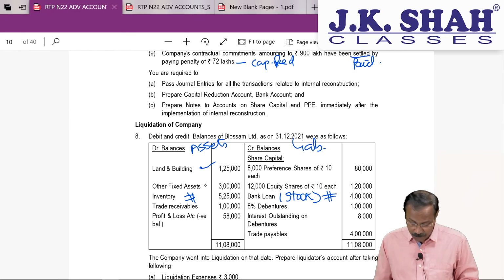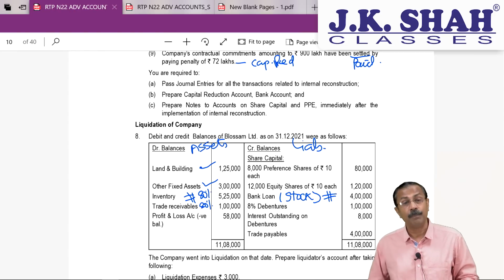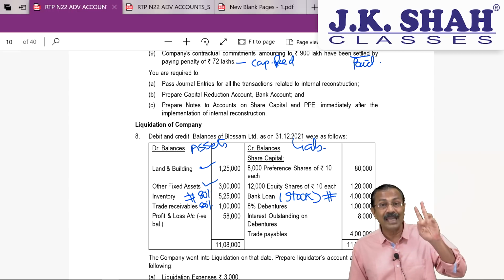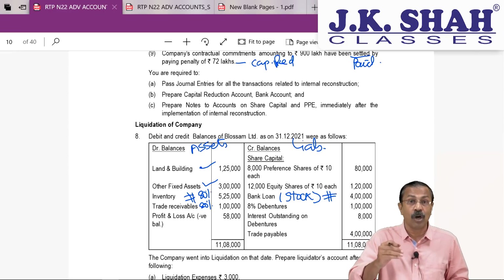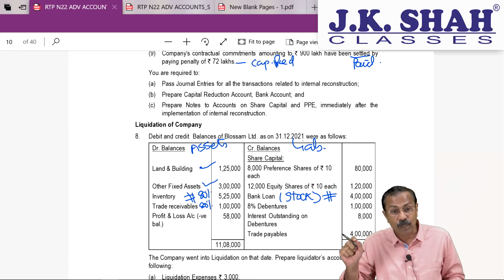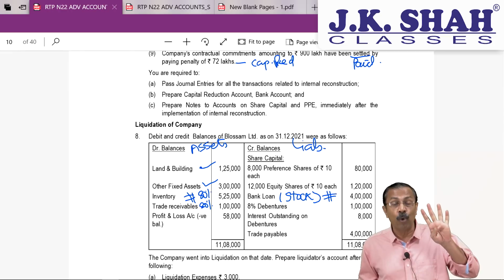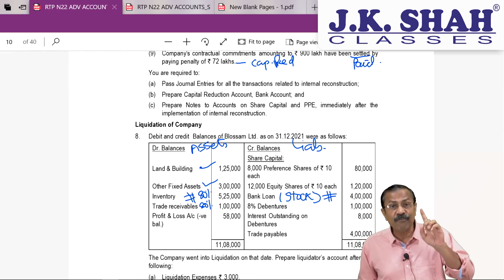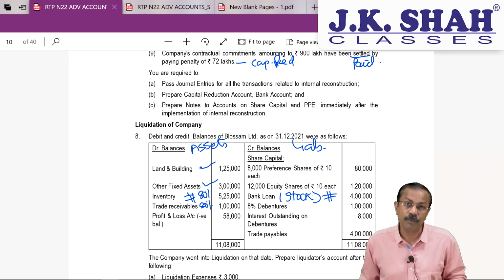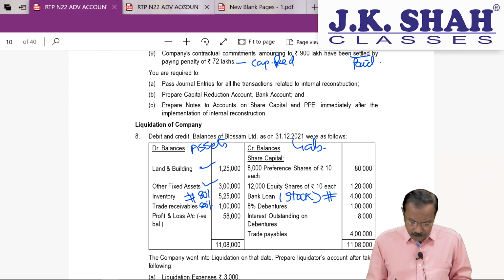So, this full amount, this is 80% and this will also be 80%. What is 80% of 5 lakhs 25,000? That is the stock figure. It is 4 lakhs 20,000. So by selling stock, you are going to realize 420, which is given as a security to the bank loan. But bank loan is only 4 lakhs. So you can easily repay the full bank loan. And even after paying the full bank loan, you will still have a surplus of 20,000 rupees, remember. See the solution.